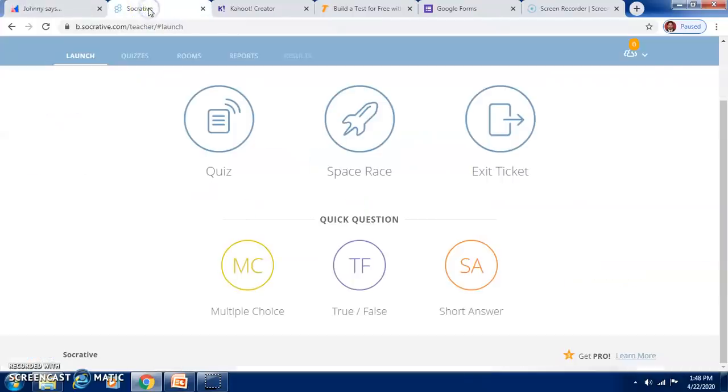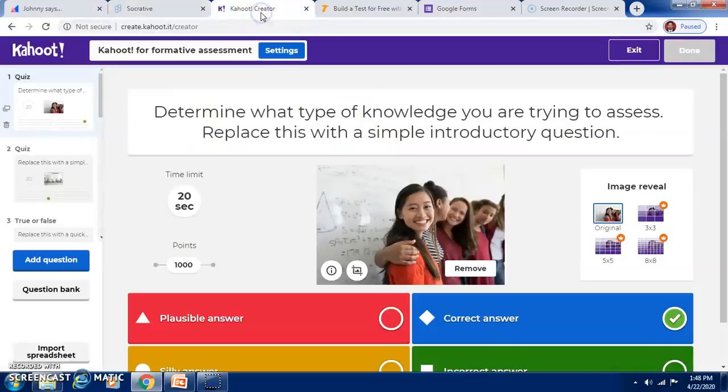You can have another tool, Socrative, where you can have a quiz with multiple choice, true or false, or question answers. Only thing is, for the free version only 50 students can participate in the quiz. Then we have Kahoot, where you can create your quiz for assessment.